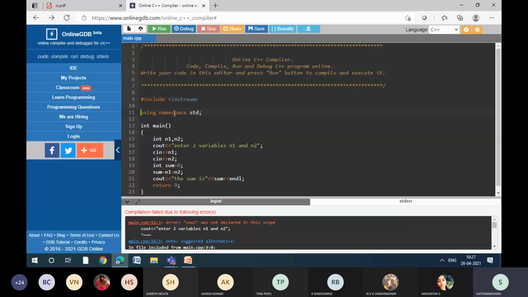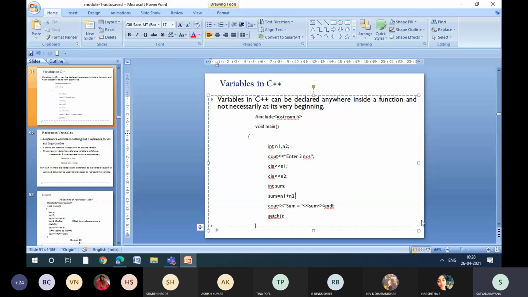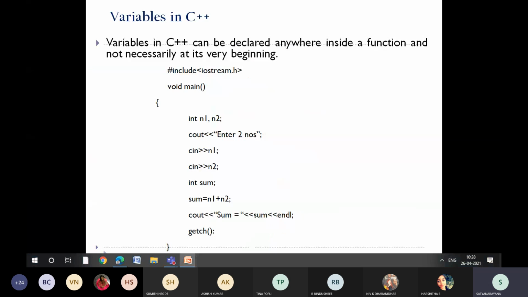Sometimes when you copy paste the program, the double quotes are not like this. That is the reason it is not accepting initially. The initial correction I have done is the double quotes. The quotes which I copied are different, so that's why it's not accepting. Now hope everyone understood the importance of namespace std. When you mention namespace std, you won't get any errors with respect to standard input and outputs.